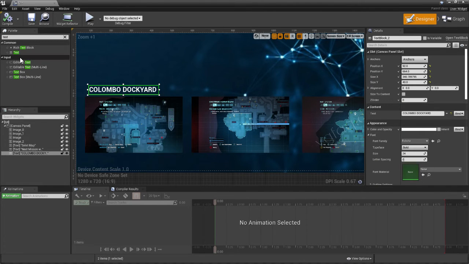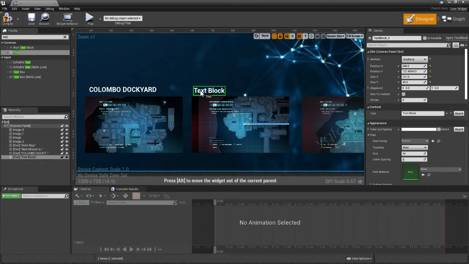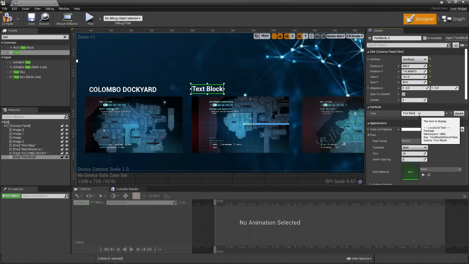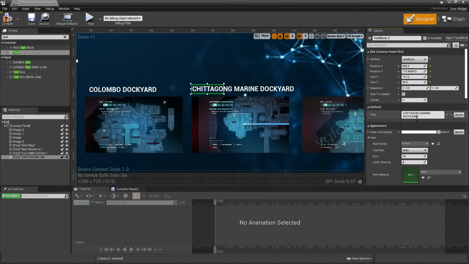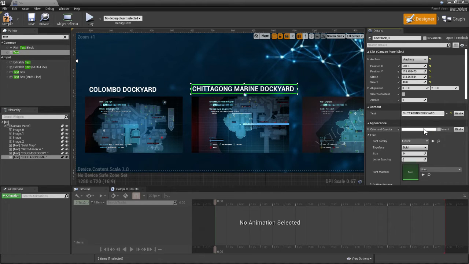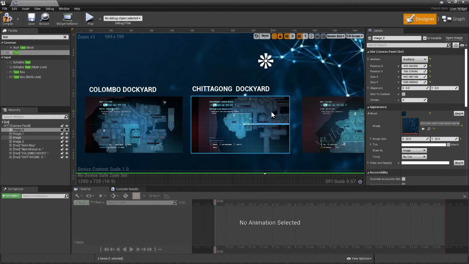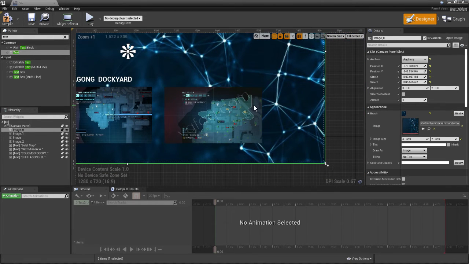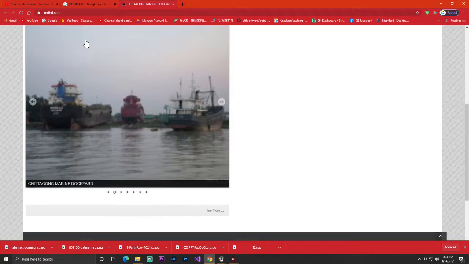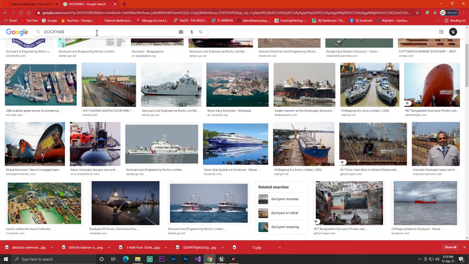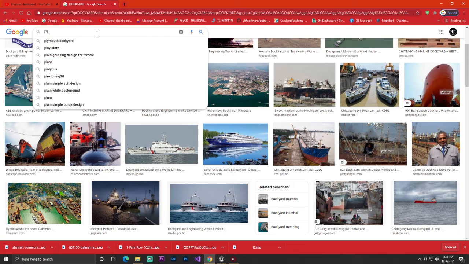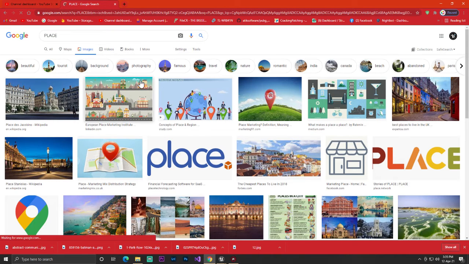So we need to add one more text and set it like this. Make sure that your image, or how you set your UI, is correctly Chittagong. I just give it Chittagong dockyard. Okay, one more dockyard. And this should be some kind of land name, some place name. So yeah, we can find any good place name,